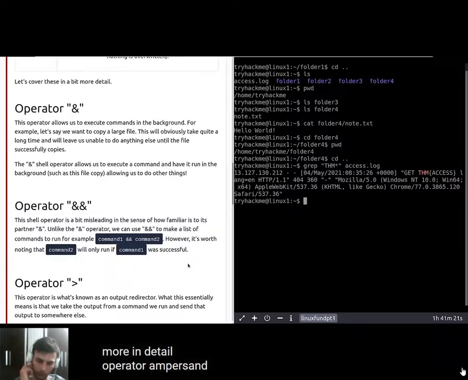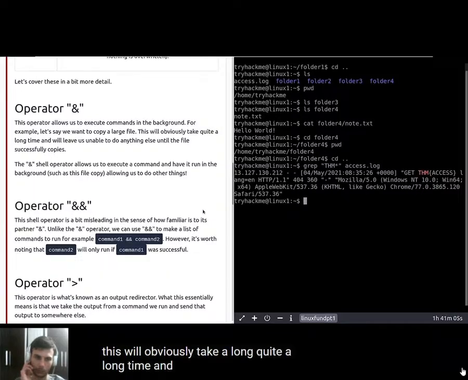Operator ampersand, or the single ampersand. This operator allows us to execute commands in the background. For this case, it's generally referred to as the background operator. For example, let's say we want to copy a large file. This will obviously take quite a long time and will leave us unable to do anything else until the file